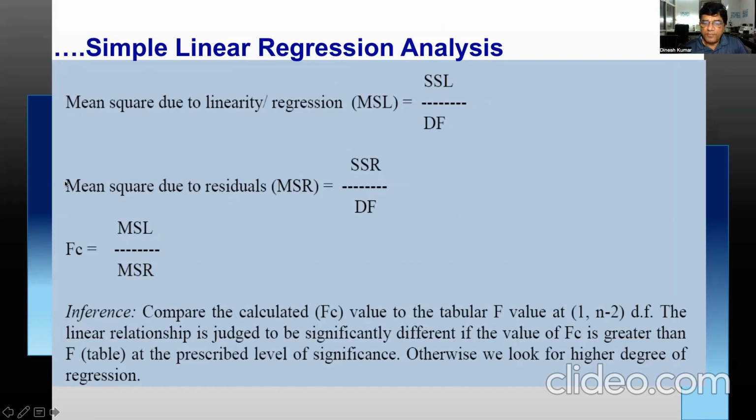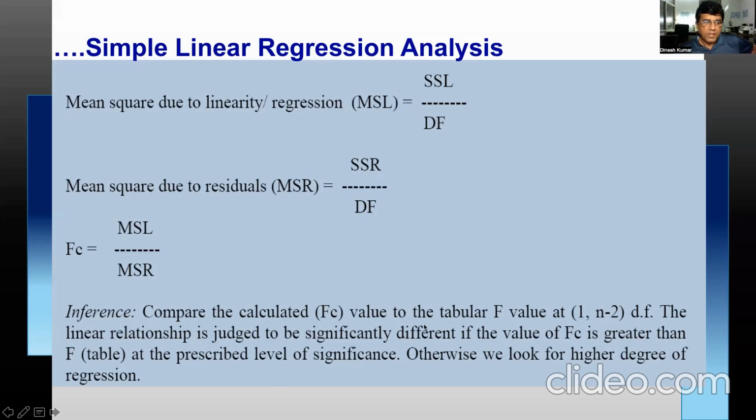Now what will be your inference? Compare the calculated value to the tabular value at 1 and n minus 2 degrees of freedom. If it is a t-test, in t-test you have only 1 degree of freedom, meaning you don't have to look horizontally and vertically. You have one-way degree of freedom. So compare the calculated value of F to the tabular value at 1 and n minus